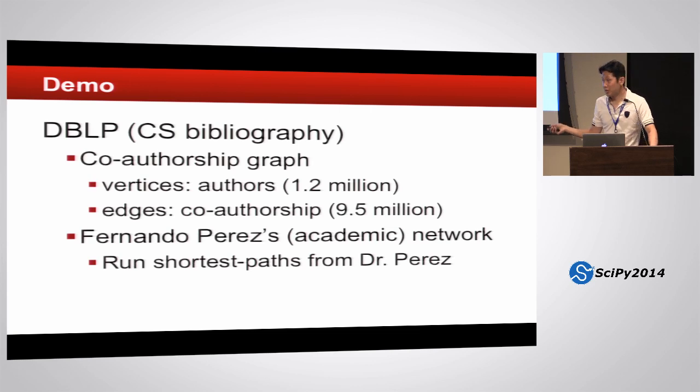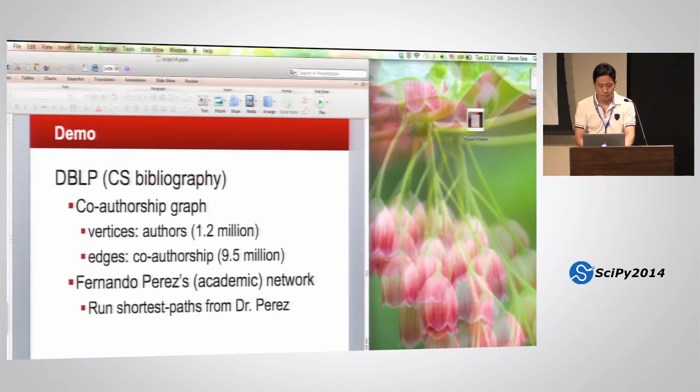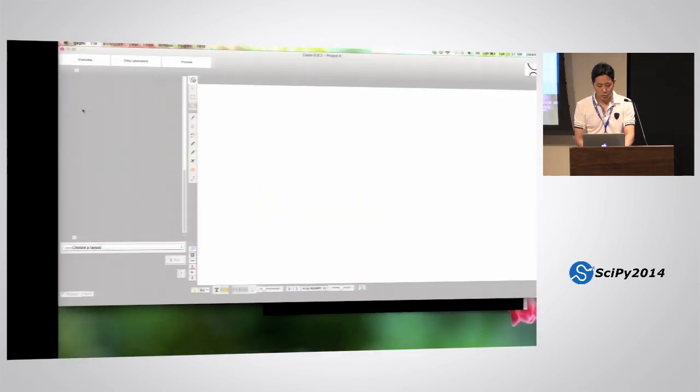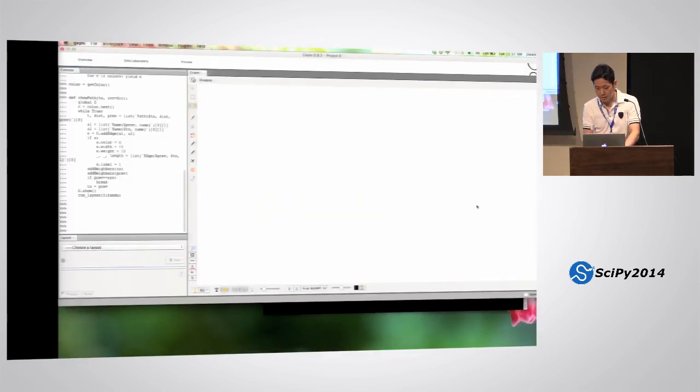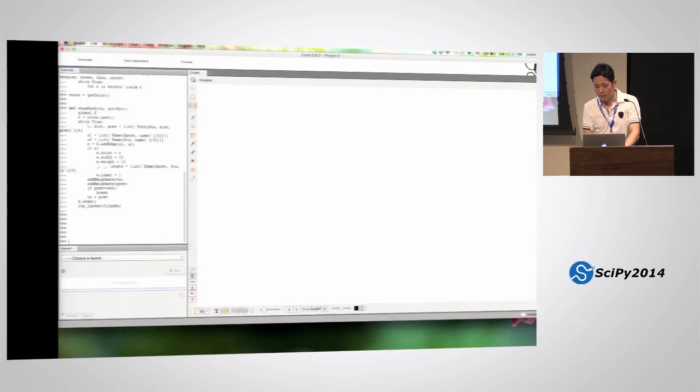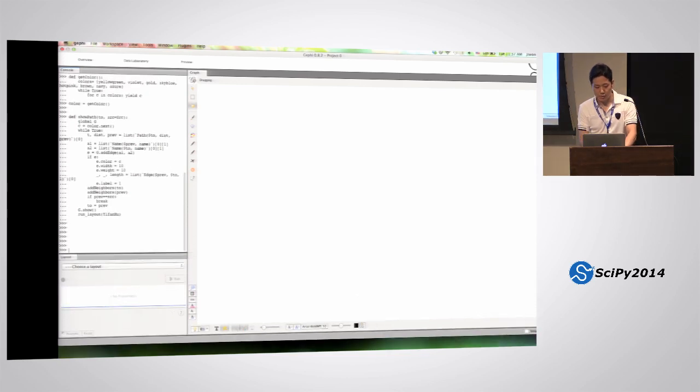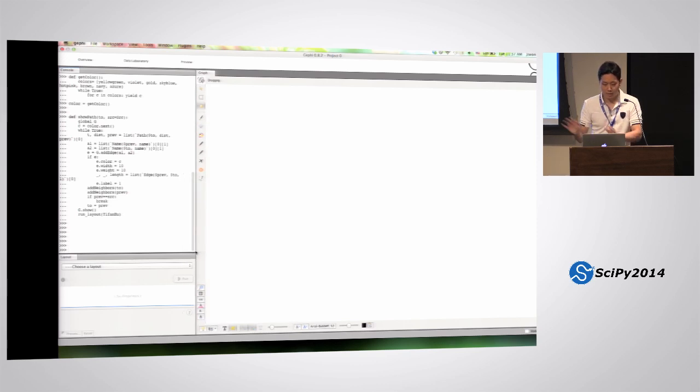We are going to examine Dr. Perez's academic network in terms of only computer science research. And we basically run the shortest path algorithm from Dr. Perez. I'm going to use our Gephi interface. We have a command line interactive shell, but for this demo, I'm going to use this Gephi visualization layer. It's an open source visualization tool. And on the left-hand side, you can enter SociaLite queries. And on the right-hand side, you can see the